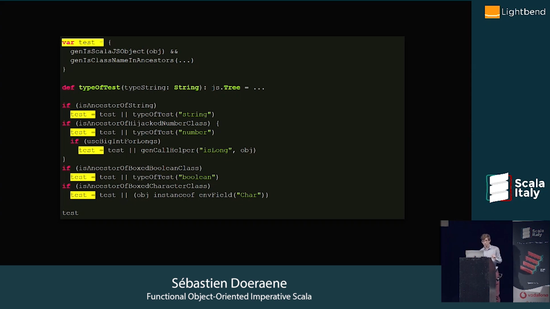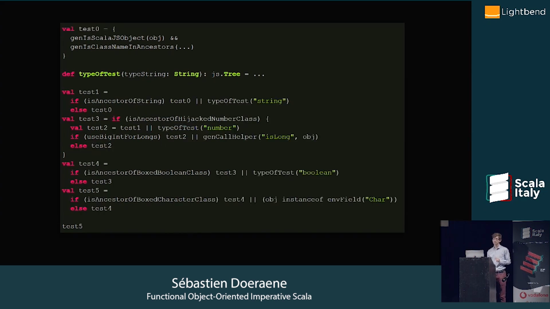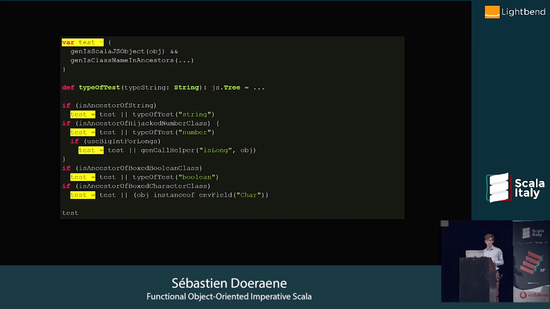If I have to write this without the vars, let's say, so with just vals, this is what it looks like. First, it's longer. Second, I would argue it's easier to make mistakes, because I have different variables. I have test 0 and then test 1, and I use test 0 to build test 1, and then I have this test 2, which is like lexically after test 3, because to compute test 3 I need test 2, and then I have the inside if and all of that. So I will argue that this version is worse than this version with the mutable variables.